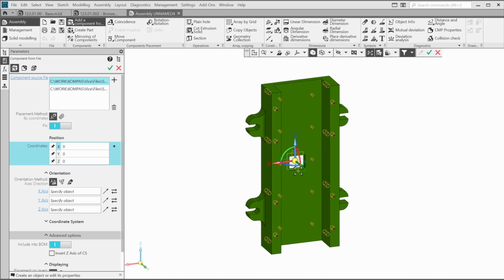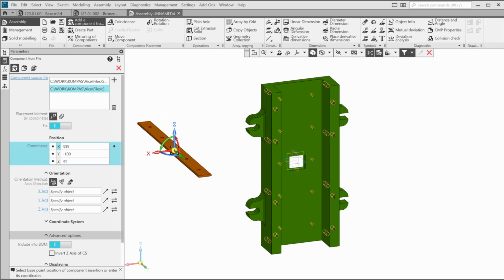For the first part, the Fix option is enabled automatically. This allows you to completely define the part's placement in the absence of other parts and serves as a base for placing subsequent parts. Confirm the part insertion. Now the system offers to place the second part. We'll place this part twice because we need 2 such parts. Let's use the By Matings method now.